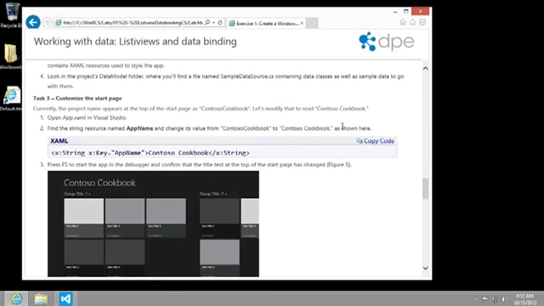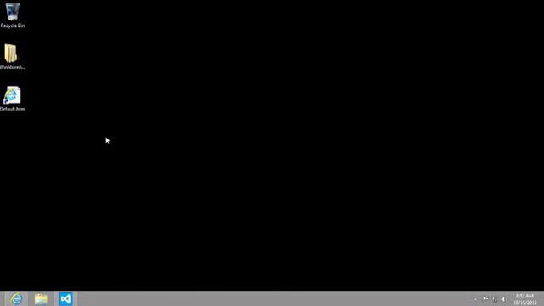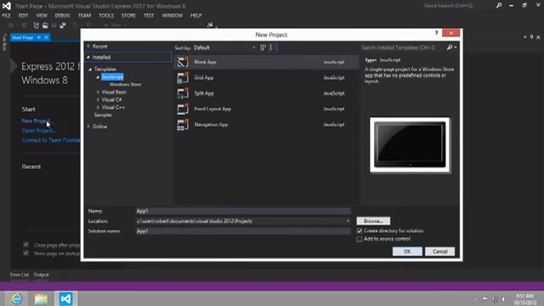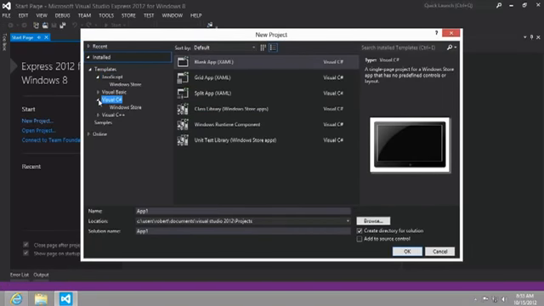Finally, in task 3, we'll make a small change to the project, so we'll come back to this screen at that moment. So to begin, I'm going to open up Visual Studio. And there are a number of ways to create a new project, but ultimately I want to get to the new project dialog. I'm going to make sure to navigate down to the Visual C# Windows Store templates on the